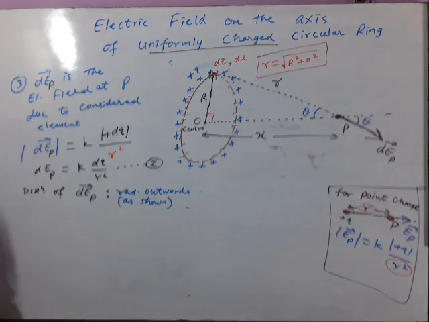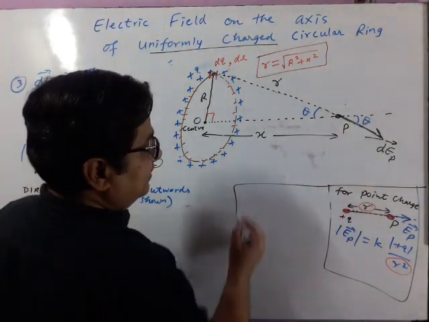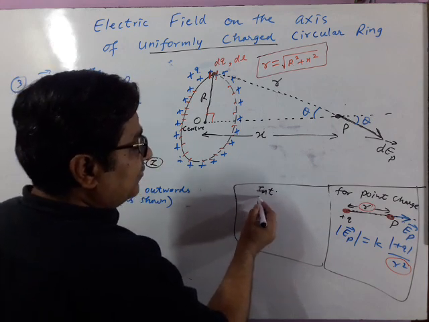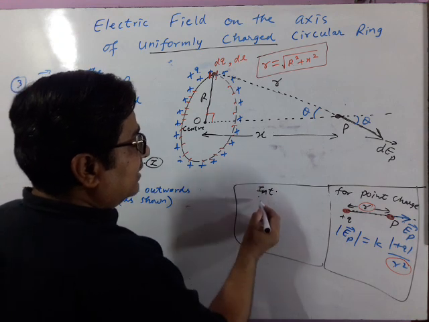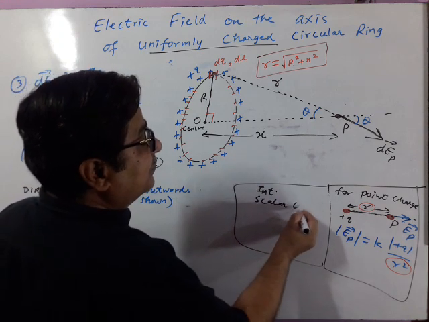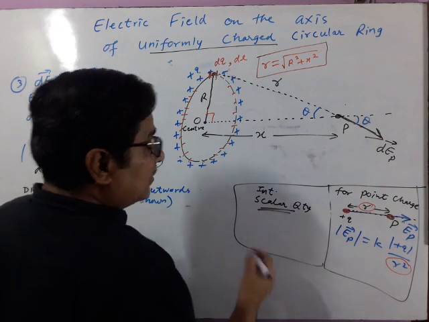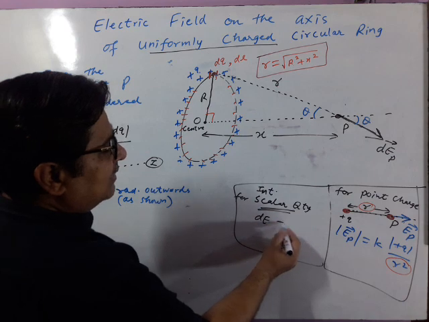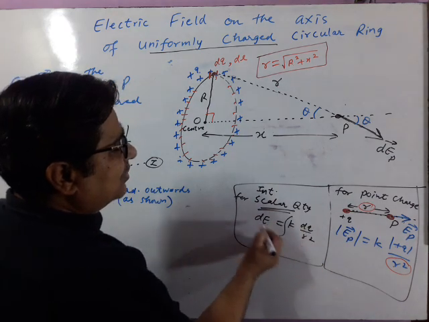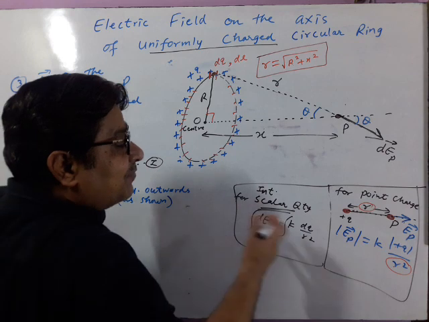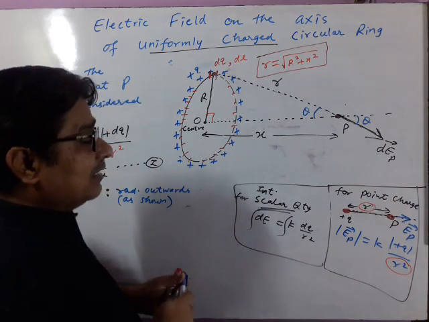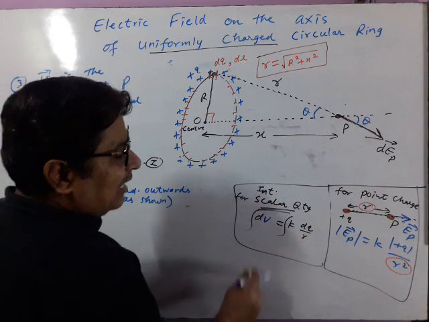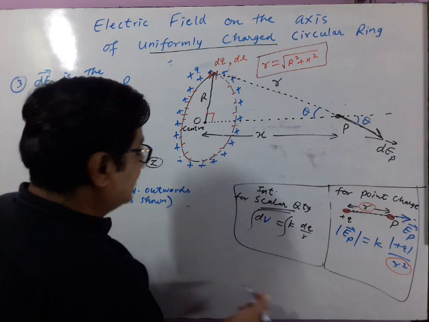Now, integration technique. What is integration technique? If you are solving this numerical and this is a scalar quantity, then there is nothing to do. For a scalar quantity, small electric field is k dq by r square, just integrate and that will be the final answer. Like later on you will see potential is a scalar quantity. So dV is K dQ by R. Now integration, there will be a direct answer.